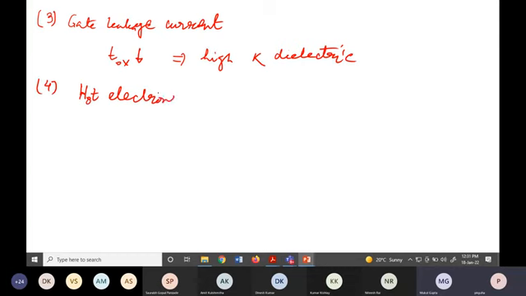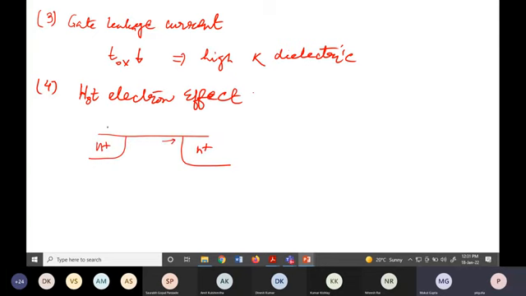What is hot electron effect? Hot electron effect occurs as source and drain are very close in the case of a short channel MOSFET. So basically these electrons are zipped through between source and drain. Okay, they are very close, and